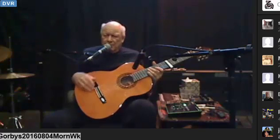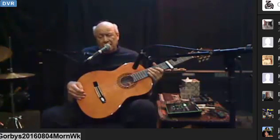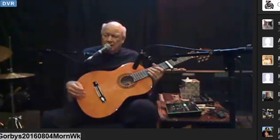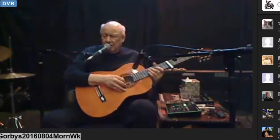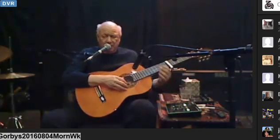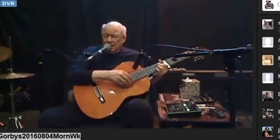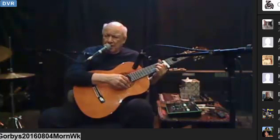You'll notice that I'm playing that in claw hammer style, but it's actually two-finger claw hammer. I don't use a full claw hammer. I only use two fingers, with thumb and my forefinger, to get the claw hammer effect. The claw hammer effect is what you hear Donovan doing, that Donovan taught to John Lennon and to Paul McCartney